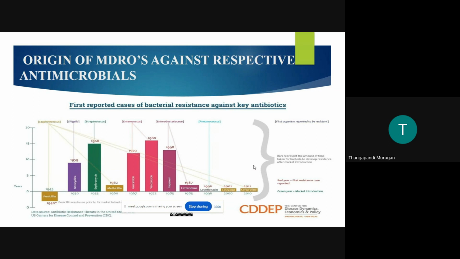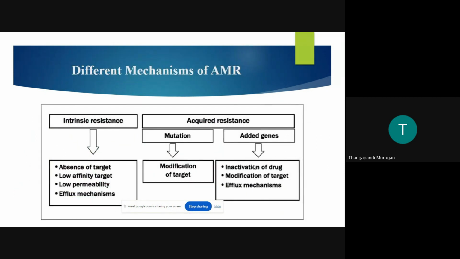So, where it is developed on more resistance. So, where it is, we are having more data sources from all over the world. And another thing is, we are speaking about the resistance. I have mentioned inherent resistance or intrinsic resistance in the previous slides. So the previous slides mentioned the types of mechanisms by which it is getting the resistance.